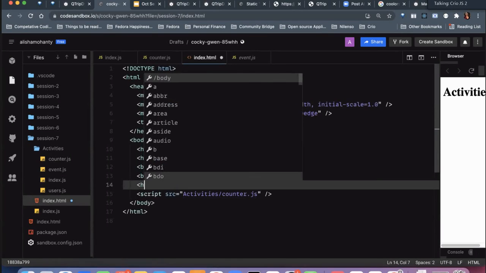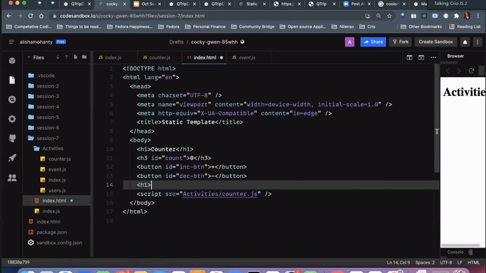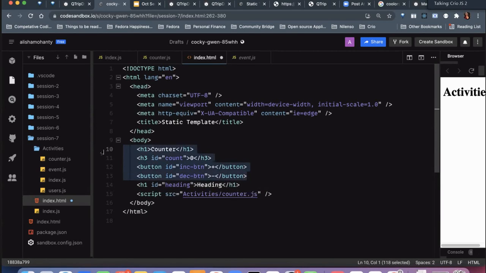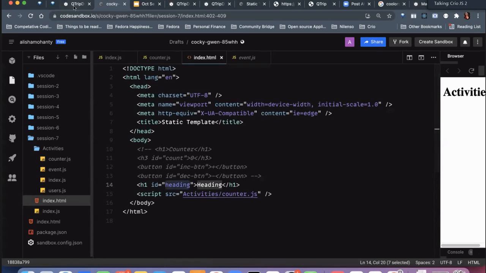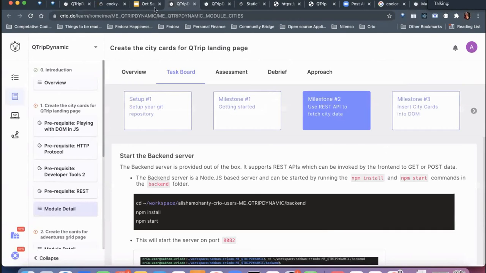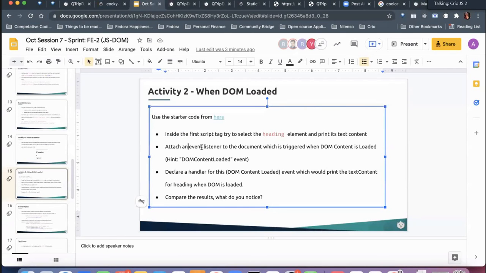Let's say I am creating an H1 heading, and I have given that some ID. Now you need to get this heading element, and we need to attach an event